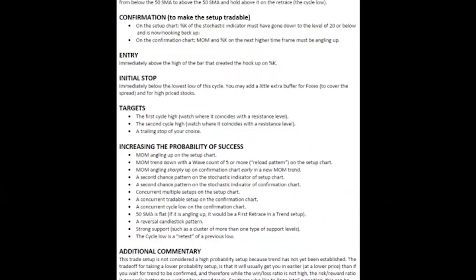I love Barry's stuff because you're looking at 5 things that are all not the same thing. A lot of people will say, well, I use moving averages and MACDs. Well, it's the same thing. You're just looking at it in a slightly different way. You want to look at things that are different. So that's the thing I love about Barry's stuff: he's looking at 5 non-correlated indicators, and he has a very specific way of looking at it, and everybody can kind of see the same thing.